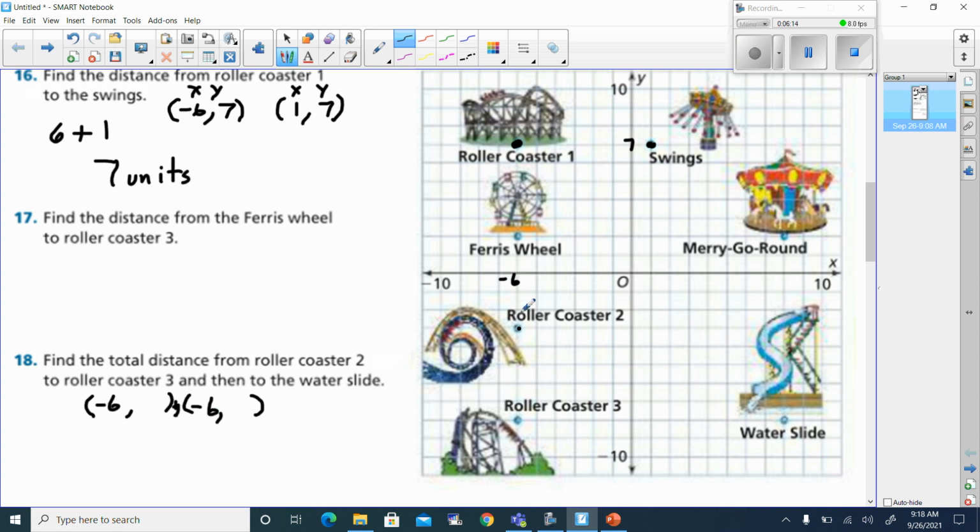And then we have the first roller coaster at 1, 2, 3 below 0, so that's going to be a -3. And the next one is going to be 1, 2, 3, 4, 5, 6, 7, 8. So that'd be -8. And I know that the absolute value of, let's see,